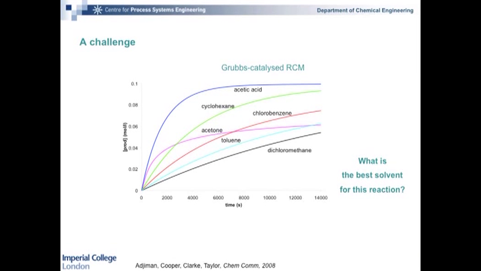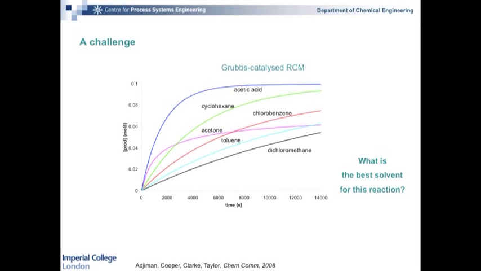And so I've been working in this area, in particular with Amparo Galindo, with Paul Taylor from Warwick, and with Alan Armstrong from Imperial. And Paul Taylor got me in the lab to try and actually understand solvent effects on reaction. And we looked together at a catalyzed reaction, a Grubbs catalyzed ring closing metathesis reaction, and we did measurements in different solvents.